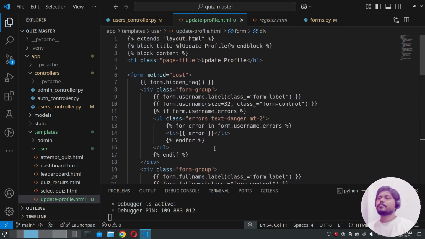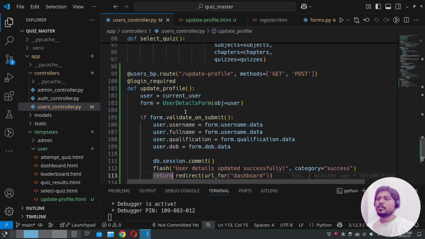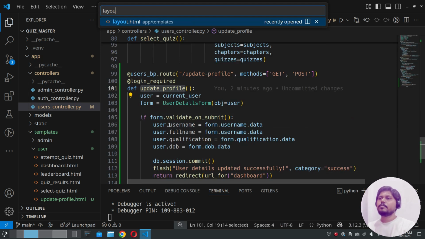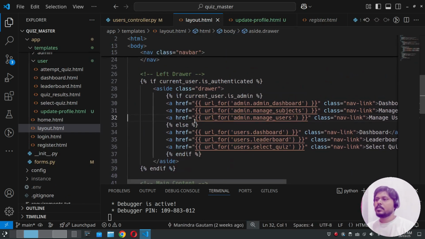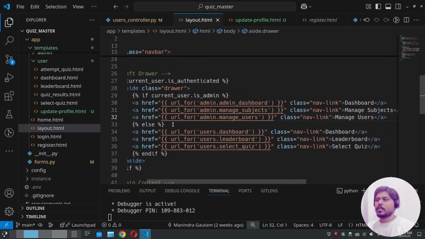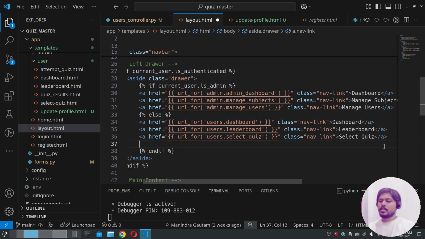Save this file, and then we have to also give this URL to the navigation link. So open the layout, and if the current user is not admin, it means this case. So at the end, add one more navigation, a href,